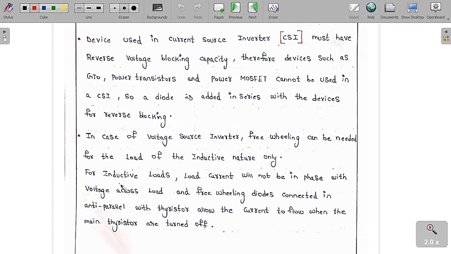In case of voltage source inverter, freewheeling is needed for loads of inductive nature only. For inductive loads, load current will not be in phase with the voltage across the load, and freewheeling diodes connected in anti-parallel with the transistors allow the current to flow when the main transistors are turned off. If the main transistors are turned off, these diodes are going to conduct. These freewheeling diodes conduct for all loads except a purely resistive load. Because of that, when the freewheeling diodes get turned on, these transistors get